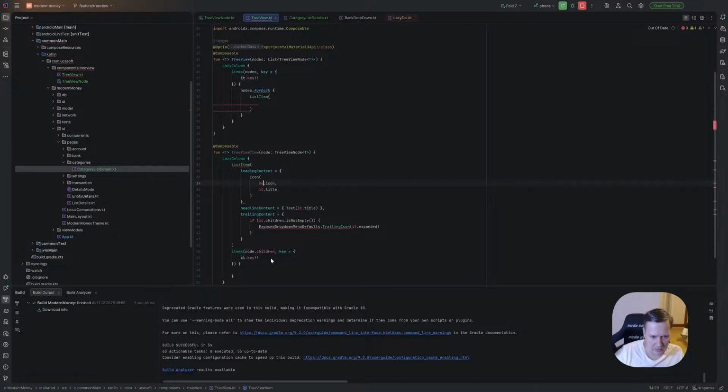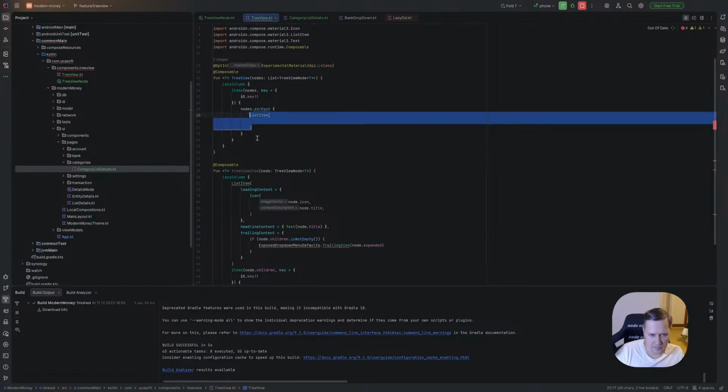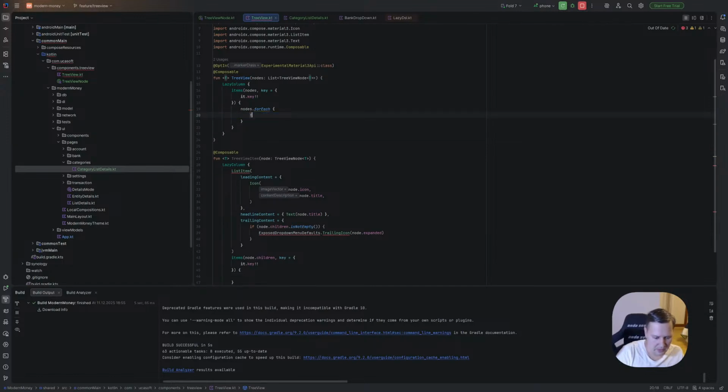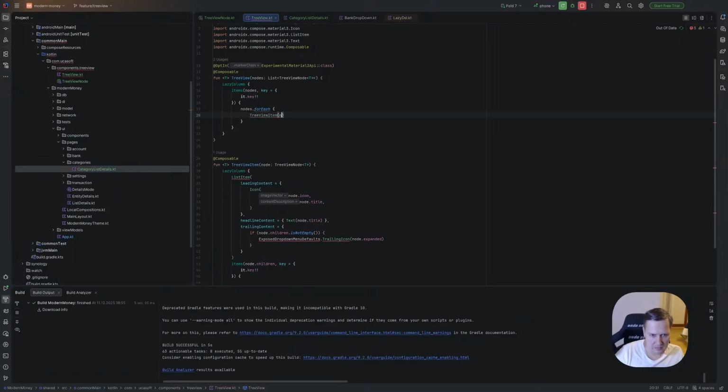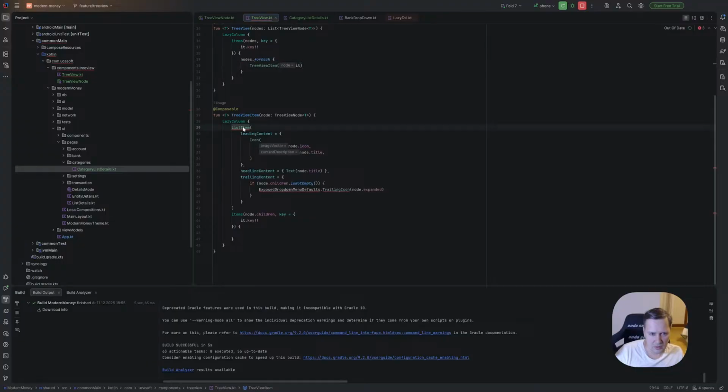Okay, we have node icon, node title, and node children, node expand. So here we have TreeView item and it. Okay, looks good. What is wrong? Context of composable function.